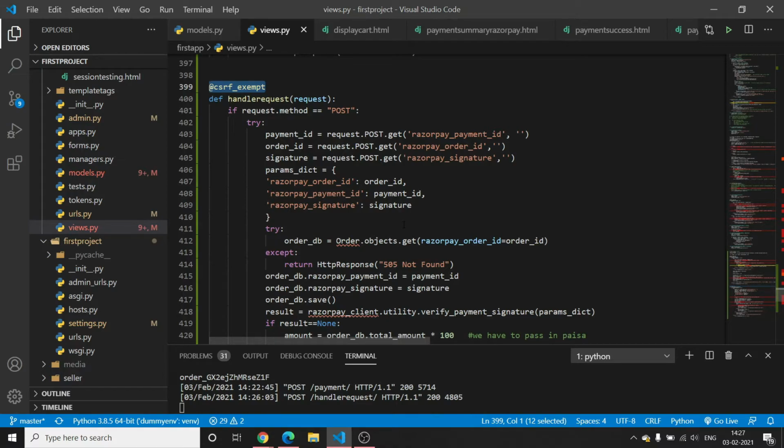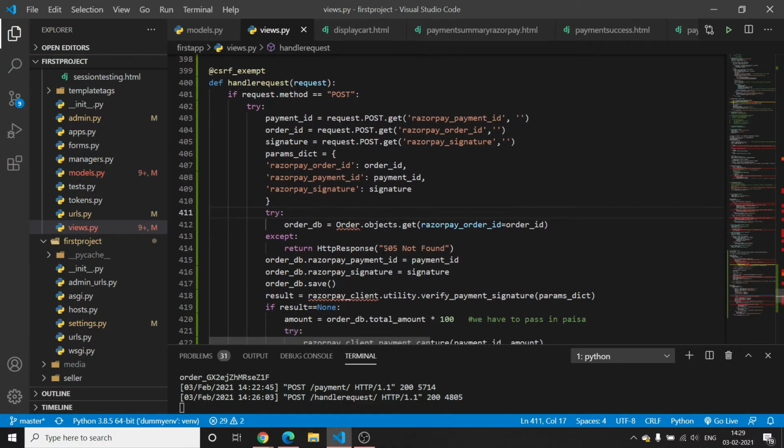For a post request, Django demands a CSRF token if you are using CSRF middleware to prevent your website from CSRF attacks. So if all the things work properly, like the work done by Razorpay works successfully, then it will return the payment ID, order ID, and signature. And the signature is for verifying. It uses some algorithm here to verify, and then you will use this params dict, in which you will provide the Razorpay order ID as order ID, then Razorpay payment ID, Razorpay signature, and then you will do this try.